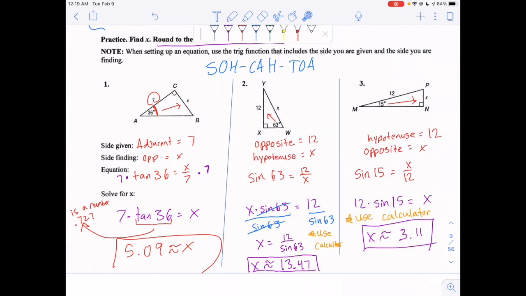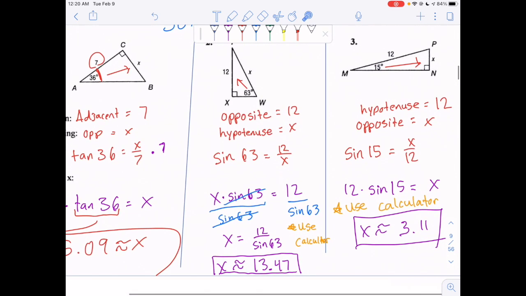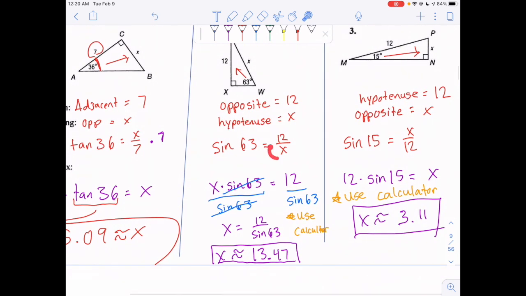All right, guys, so please check your answers here, 13.47 and 3.11. Okay, again, seeing what side you need to find. So opposite, 12, hypotenuse is x is what you're trying to find. This is your setup. So fun fact here, fun fact. Okay, if you want to get rid of this x here, right? Or sorry, if you're trying to solve for this x,